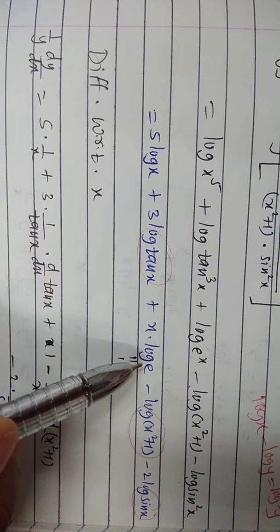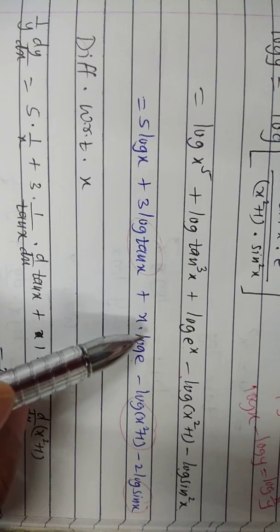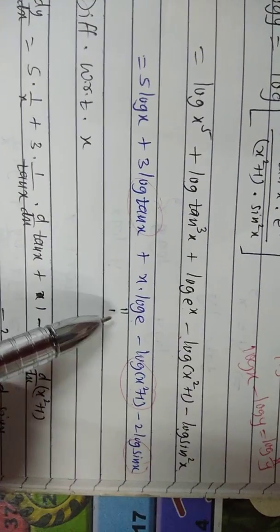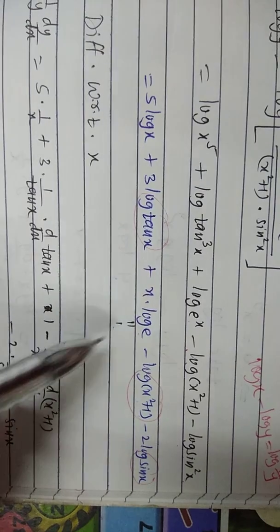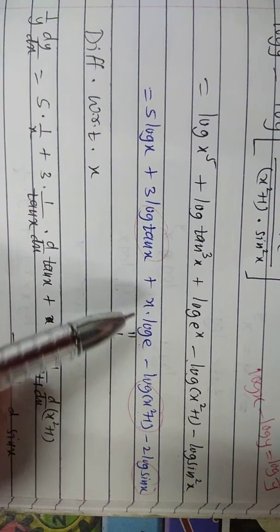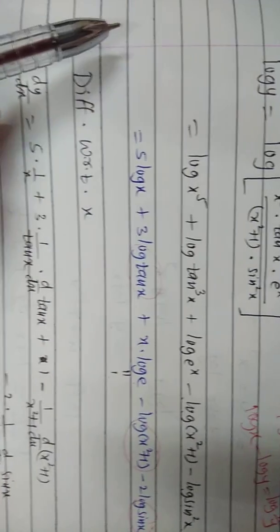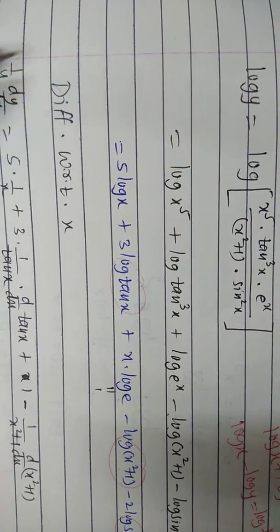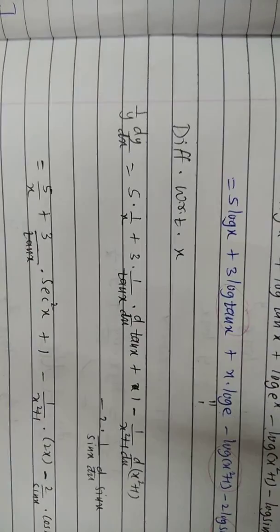And you should know that log e is 1. If you take x down here, this will be x into log e, and the value of log e is 1. Therefore you can write only x term here. Okay, so we will take derivative of y. Left side it is log y, so derivative is 1 upon y into dy by dx equal to,